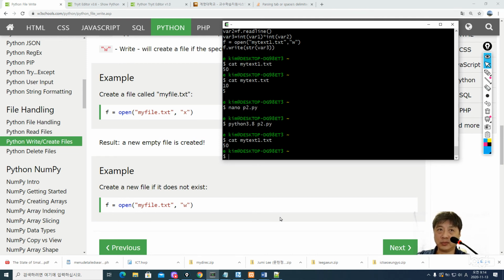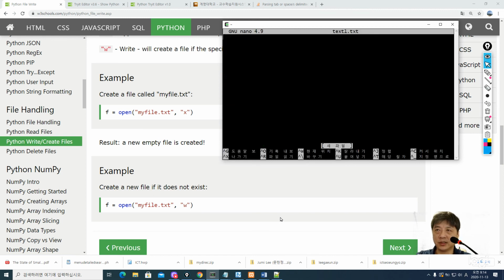Let's say we have a text file, and I'm going to create a text file like text1.txt. And let's say we'd like to multiply two numbers together,